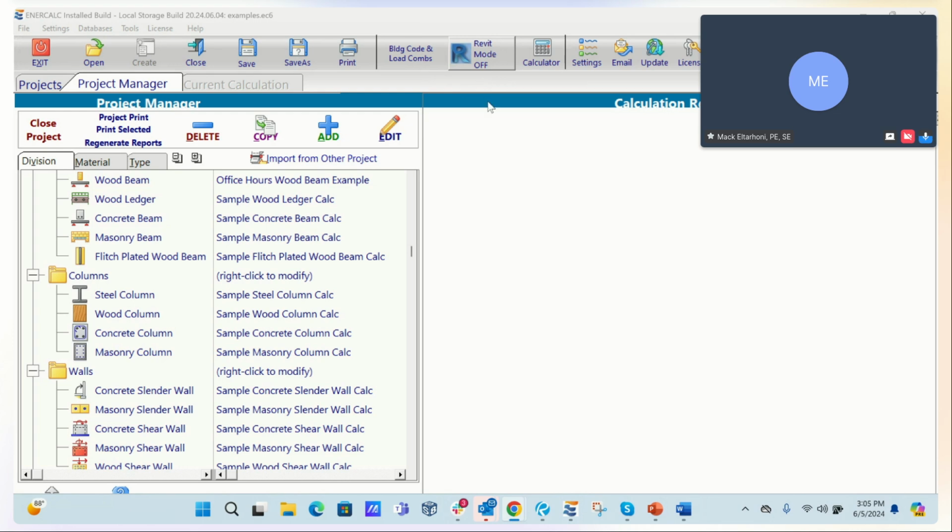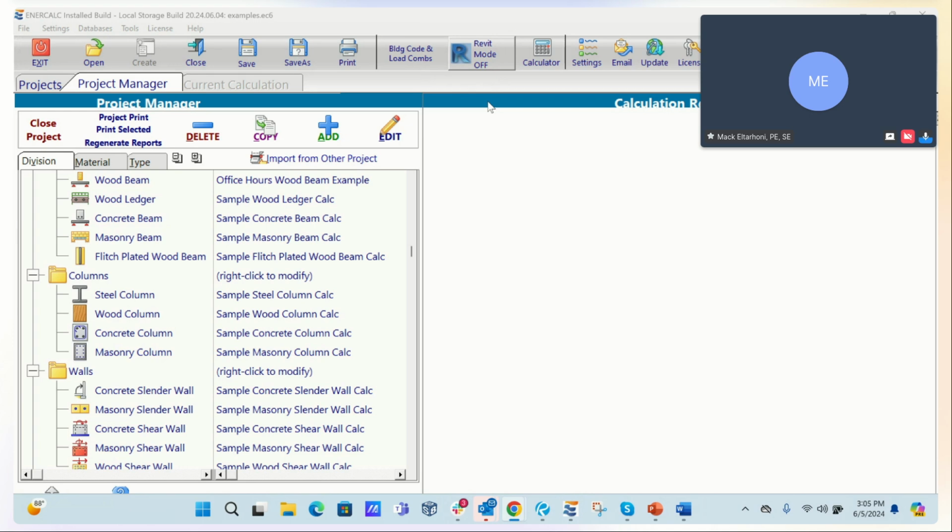It's off now, but pretty much you can model your building in 3D, and then all you need to do is click on a beam. You don't have to export a model. There's no analytical model to export or massage or anything. All you have to do is click on the beam from within Revit and say design steel beam. It'll automatically detect geometry. It'll automatically detect if you have area loads or any loads applied in Revit. It'll detect the supports automatically. It'll do live load reduction for you automatically, and it will open a calculation for you in ENERCALC automatically.